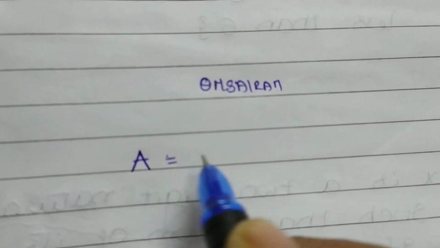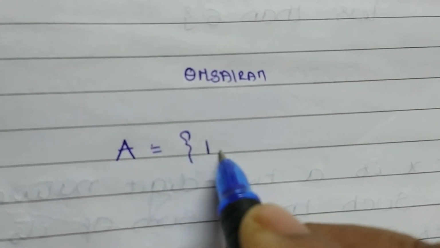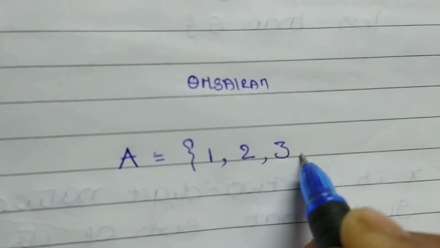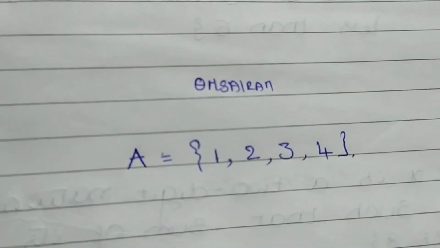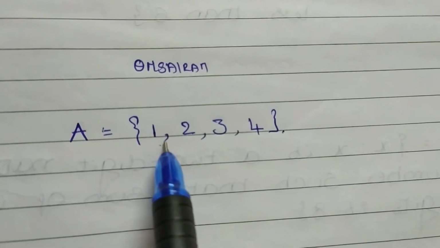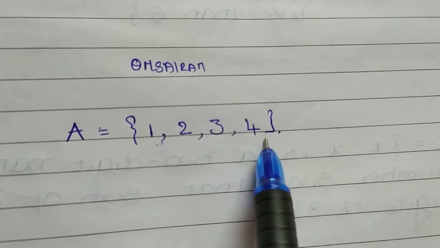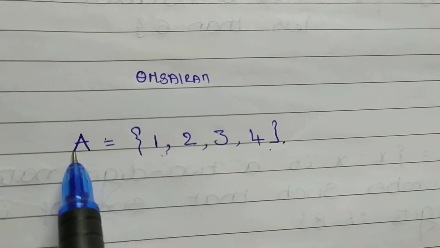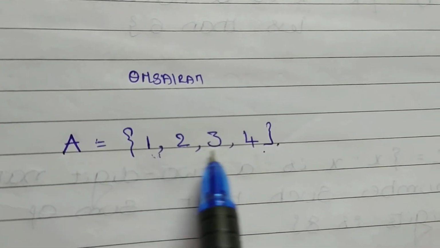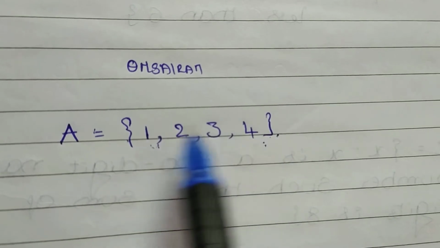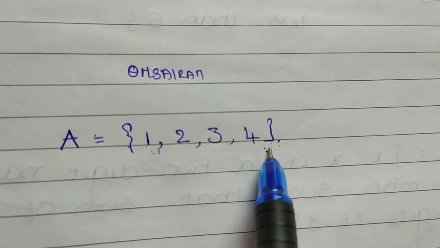In the last class, we have learnt what is a set, what do you mean by an element of the set, and what are the different forms in which you will represent a set. So let us take one set. Suppose A equals to the set of elements from 1, 2, 3, 4. Elements from 1 to 4. And if you observe, the elements here are 1, 2, 3 and 4, the elements of this set. And they are separated by commas and they are enclosed in between the flower brackets like this.